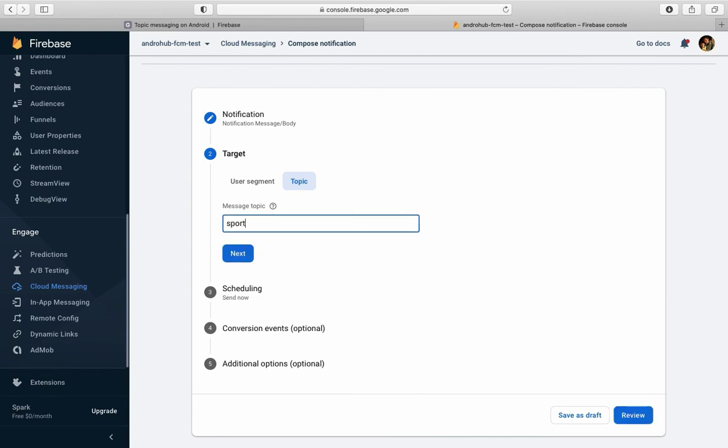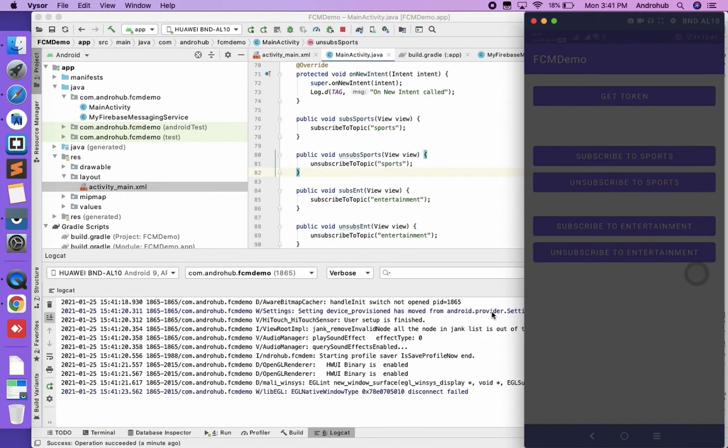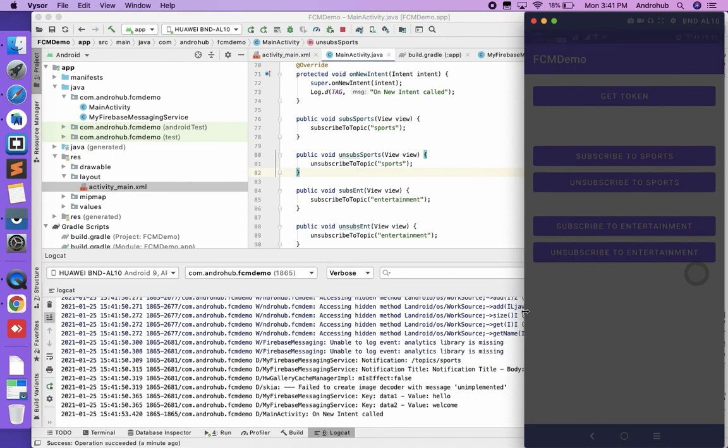Here I'm going to pass sports. Okay, next, and review and publish. And if you see, my app will receive the notification. So in this way only the devices which are subscribed to the particular topic will receive the notification.